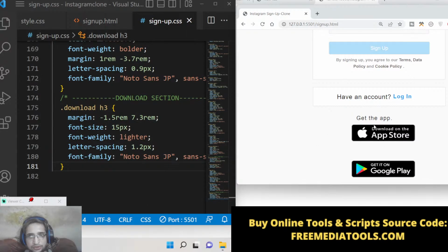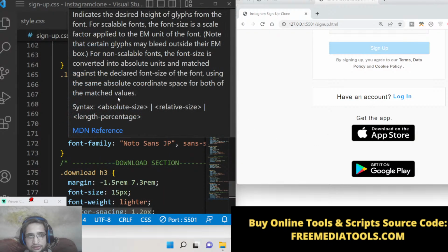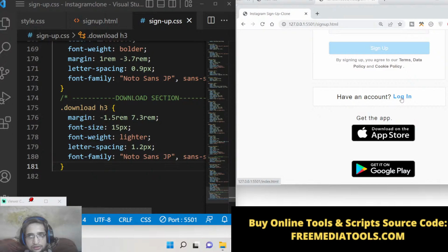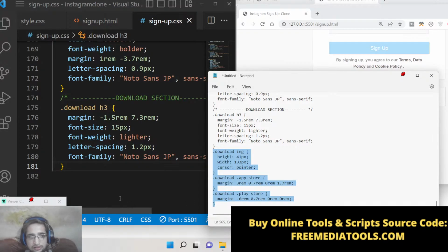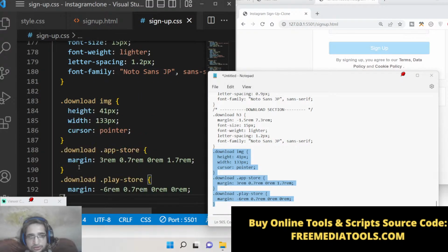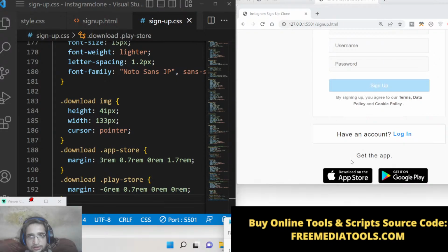So these apps are also styled here. You can see that apps are also styled. So lastly, we need to style these images, which is App Store and Play Store. Just paste it also here. So this completes our